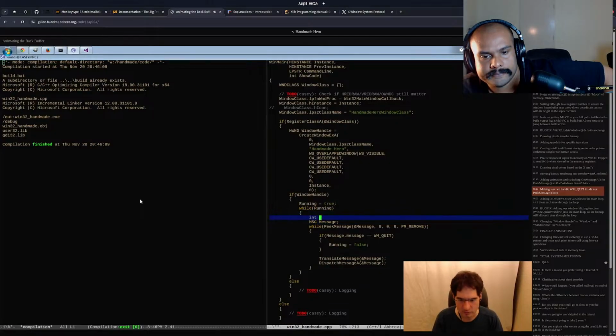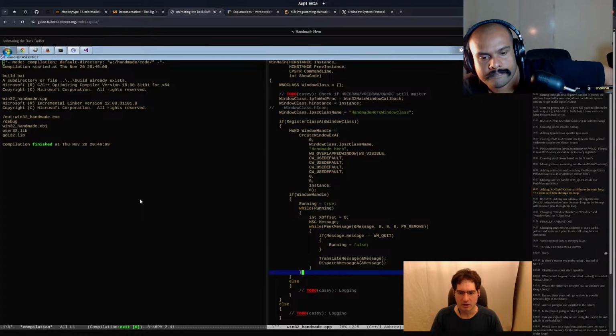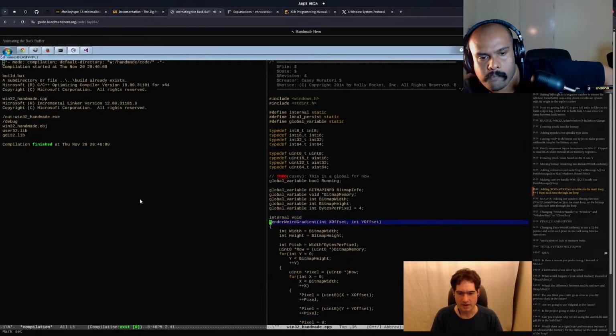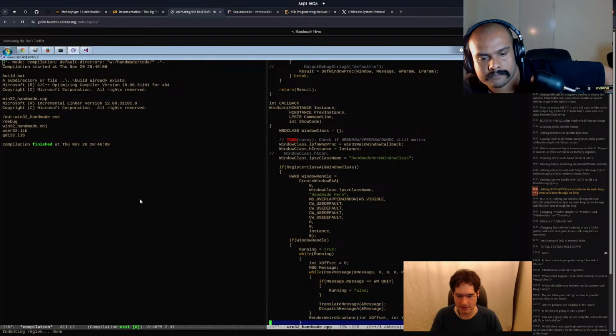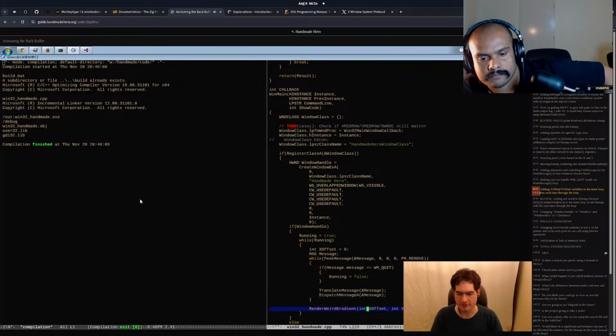So what we could do is we could say x offset equals 0, and down here we can go ahead and say RenderWeirdGradient right in our loop. So after we are done processing our message queue,